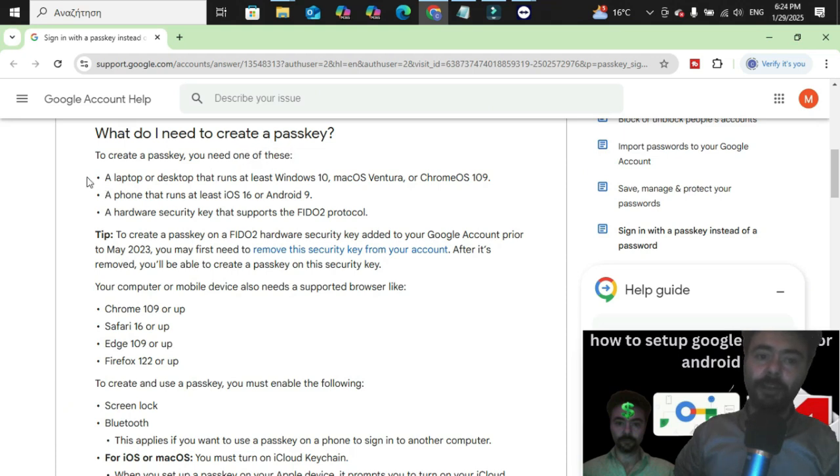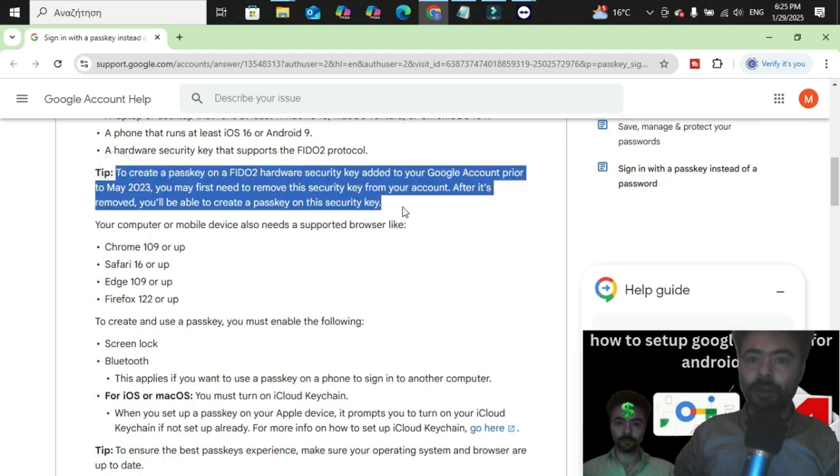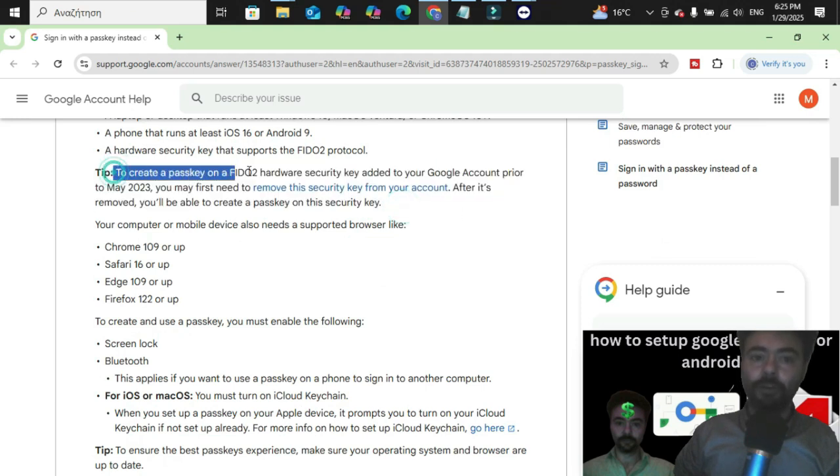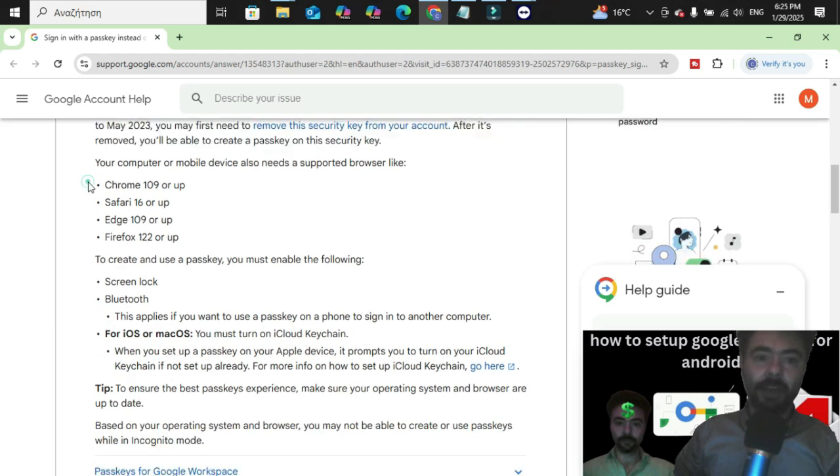In this video, we will demonstrate how to set up our Google passkey in a phone because most people are using anyways their mobile devices and the Gmail app to log into their Gmail and different applications. A tip here that is not in our interest, because we are not going to create the passkey with a physical device. Here are also the browsers that support passkeys,